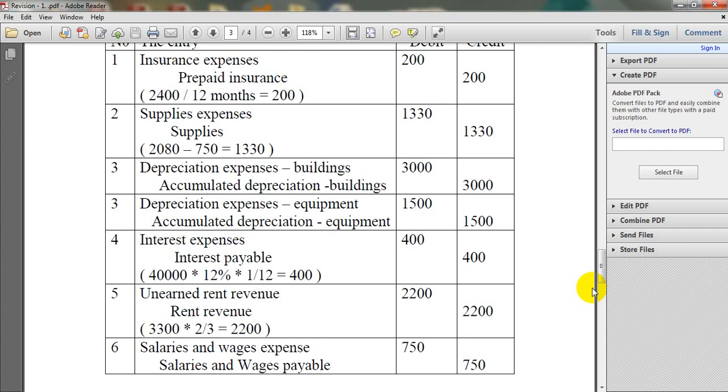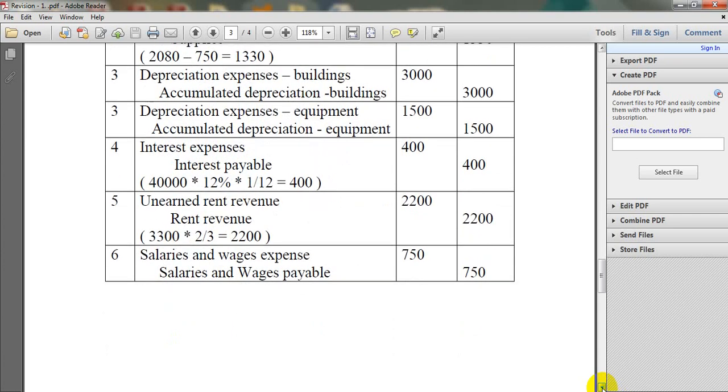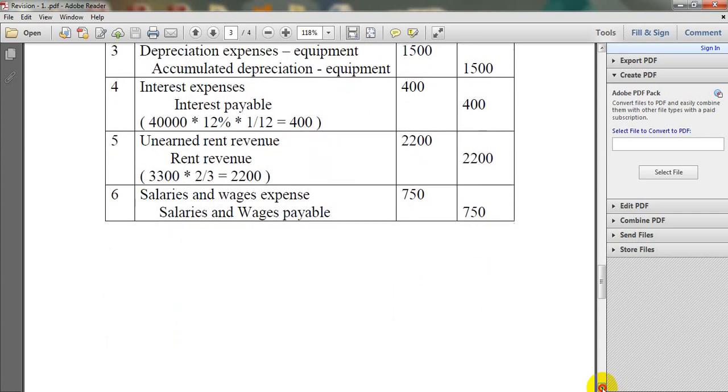The amount to calculate: 3,300 multiplied by 2/3 of the rent equals 2,200. And the final transaction and the final entry becomes salaries and wages expense and salaries and wages payable in the credit for the amount 750, and we will post this to the ledger